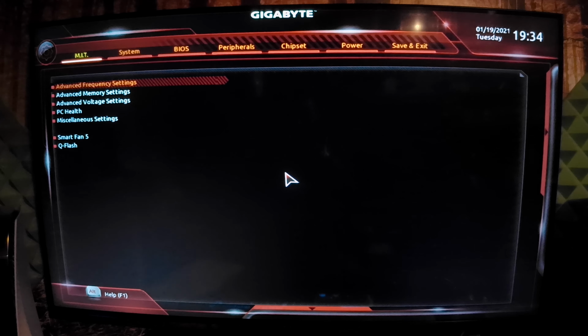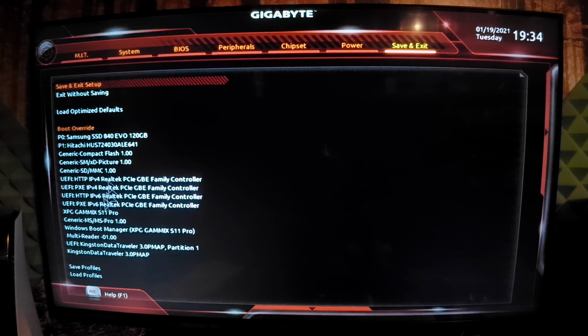Okay, so let's see now if our USB is read correctly. Here are all the boot options. My BIOS is capable of both UEFI and the legacy mode, so I have both of them. For the purpose of this video, I will select UEFI. But before that, let's check some settings.